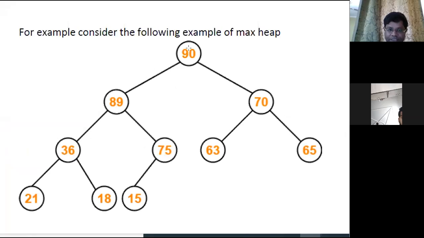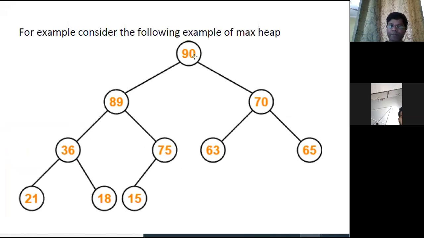The property of max heap is that the root has the maximum value and all the nodes that are either the left child or right child, or in other words the left and right subtree, have values lower than the root value. Here we see 90 is the maximum element and 90 is the root, and all the other children in the left or the right subtree have lower values than the root.